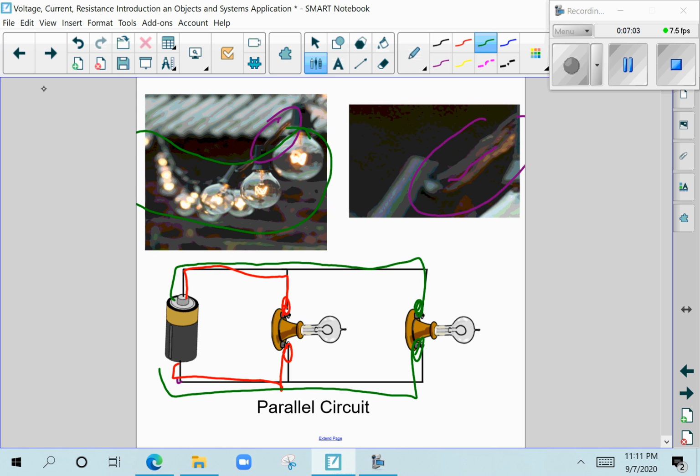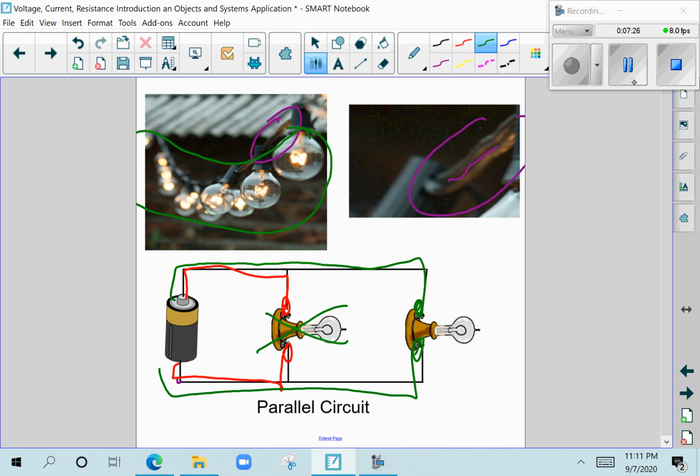In a parallel circuit, if this guy goes out, the other light bulb, which is still connected directly to the battery, stays on. Most of your house lights are arranged this way so that when one light goes out, everything else still stays on, and you know to replace that one light bulb rather than trying to go through all of your light bulbs in a dark house